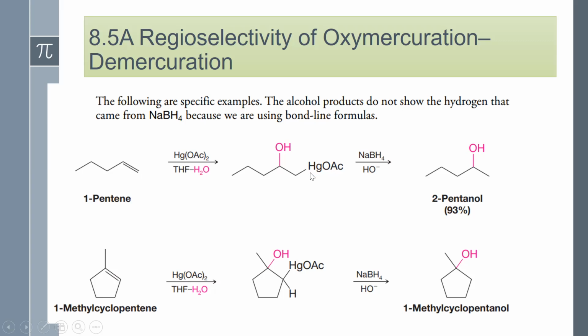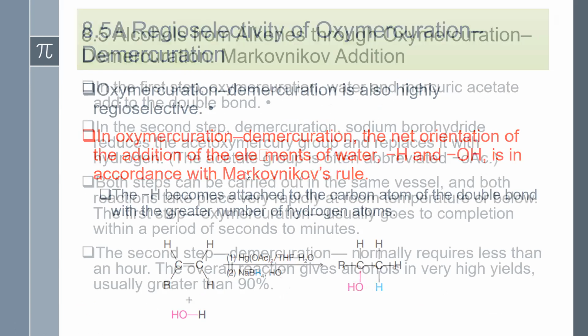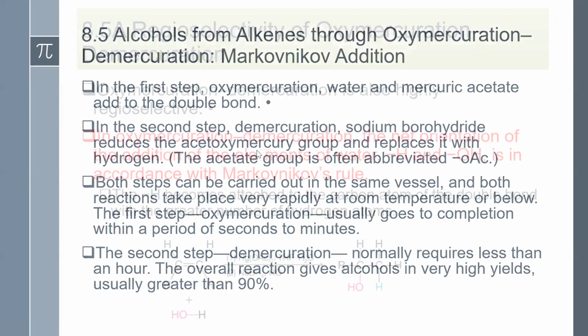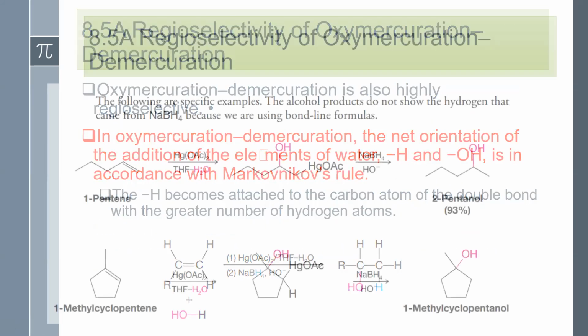So the charge of mercury is still positive 2 from acetate. OAc is acetate, CH3COO minus, with double bonds in acetate. Okay, so once you have this,